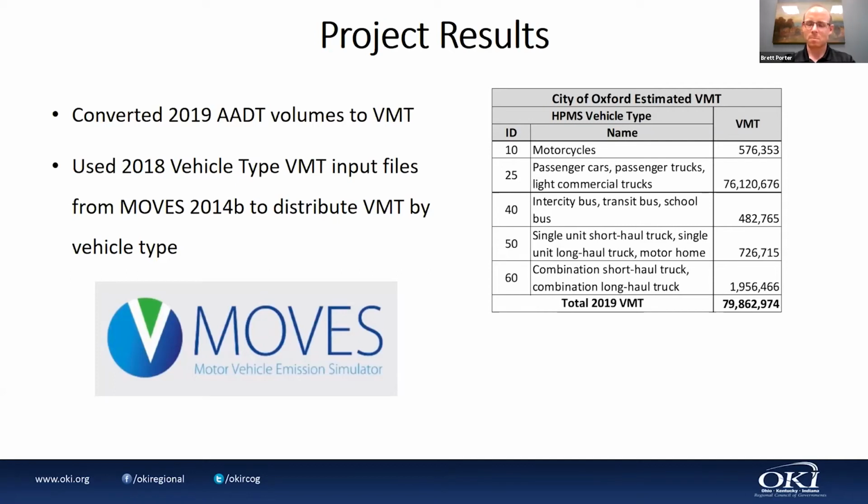And it made sense at the time to do it that way, to give the students at least some semblance of VMT by vehicle type. And so that table on the right is what I ended up generating for the city of Oxford. If you look at ODOT's estimates, it's actually a little higher, but I think by using StreetLight Data, my estimates, at least for VMT for the city of Oxford, are pretty accurate,